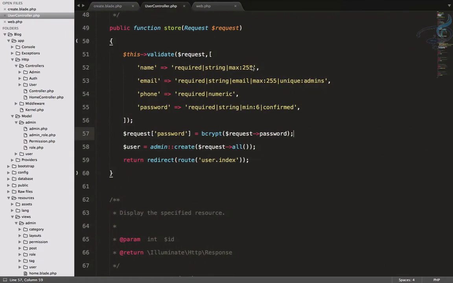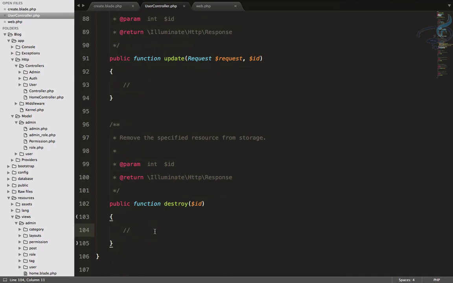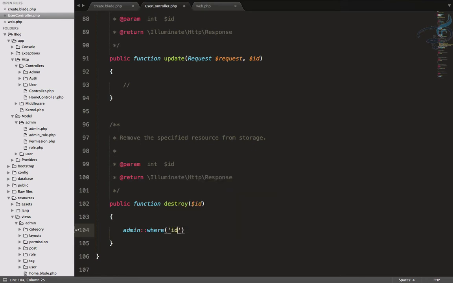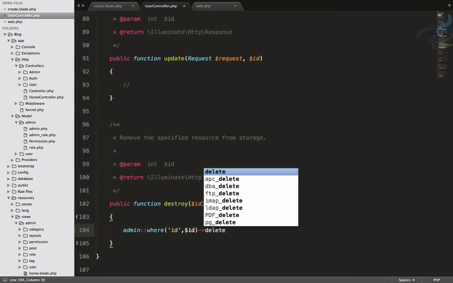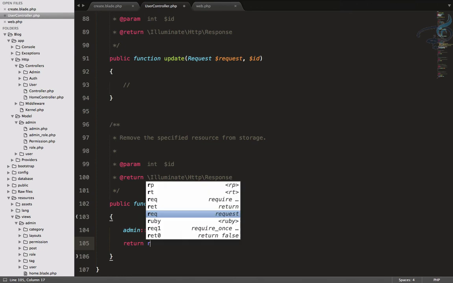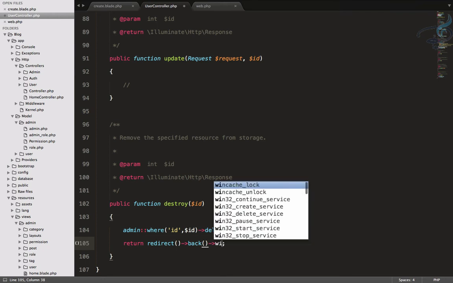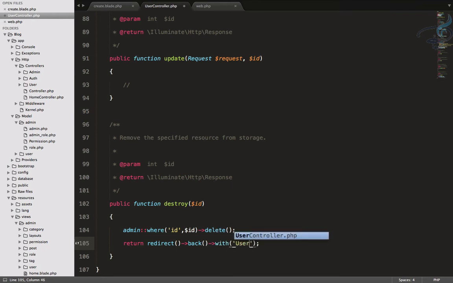and you can see after deleting it's not doing anything because we don't have any delete part for the user. So let's just create that quickly. I will delete user, that means the admin user. So Admin::where id is $id, then ->delete, and after that return redirect back with a message of user is deleted